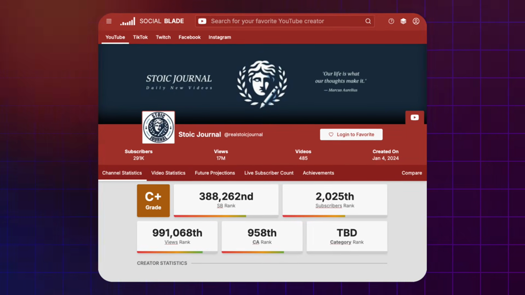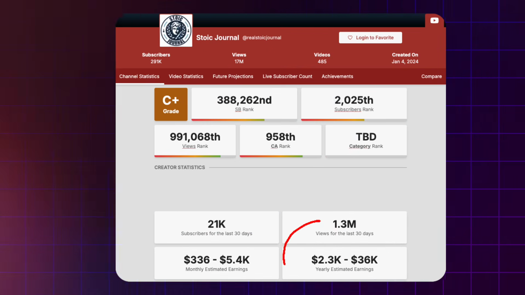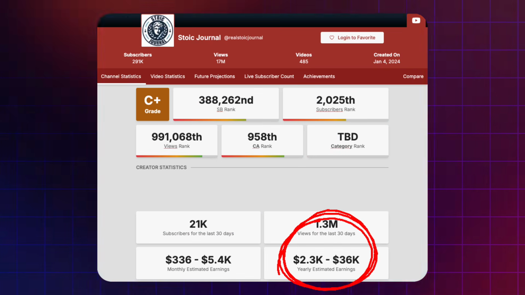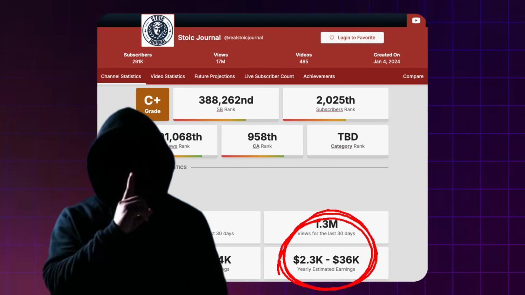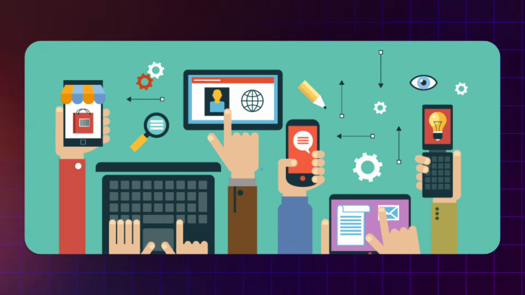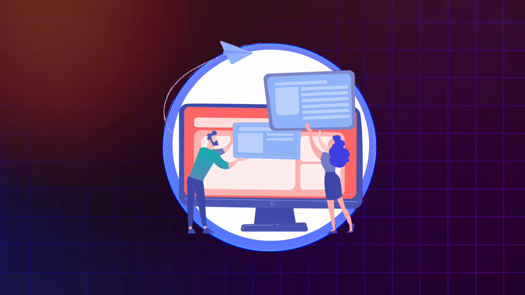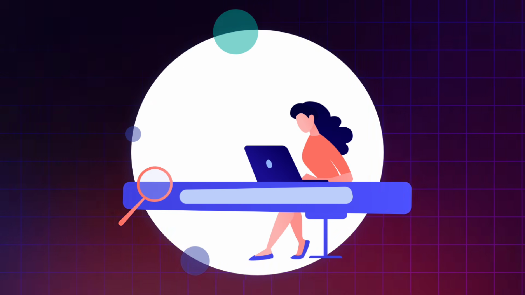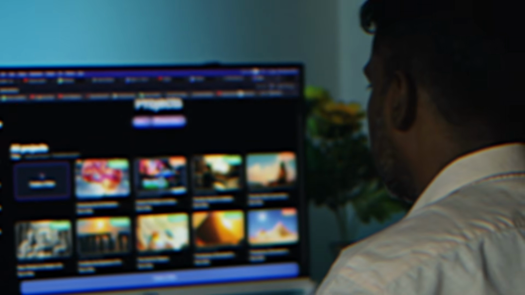If you analyze the channel in Social Blade, you see how much revenue it generated over the years, yet all the videos of this channel are made faceless. So today I'm going to teach you how you can exactly do the same, but I'm not going to tell you to use multiple platforms like others: script from one platform, images from other platforms, then another platform for generating the videos, and again polishing it in an editing software. No, not like that. I will use only one platform where all those tasks will be taken care of in only a few minutes, and you will get a complete ready to publish video just like that.